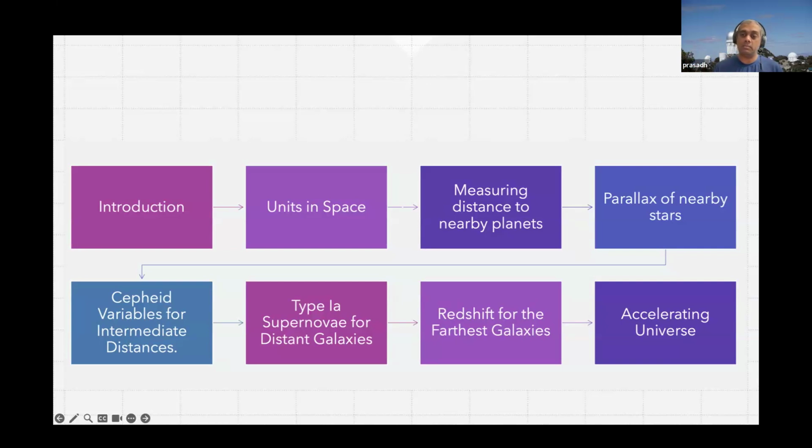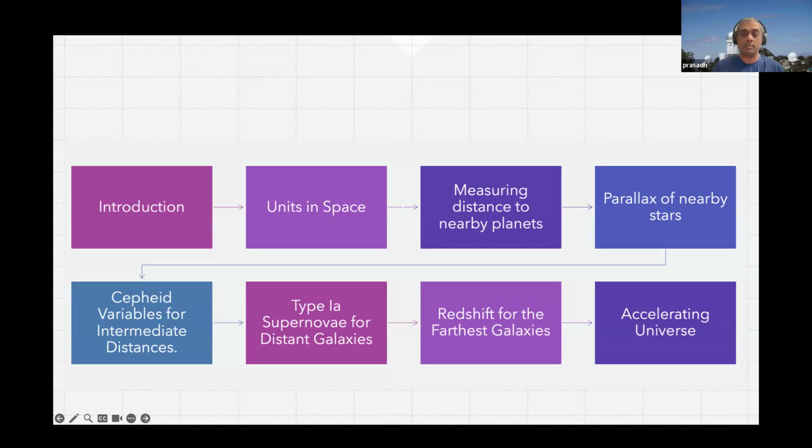And finally, if time permits, I will probably introduce a little bit about the concept of the accelerating universe, which is one of the profound discoveries that we came across in the last 20 to 30 years, primarily due to the discoveries of these new measurement methods, such as using type 1a supernova to measure larger distances, right? So let's see how